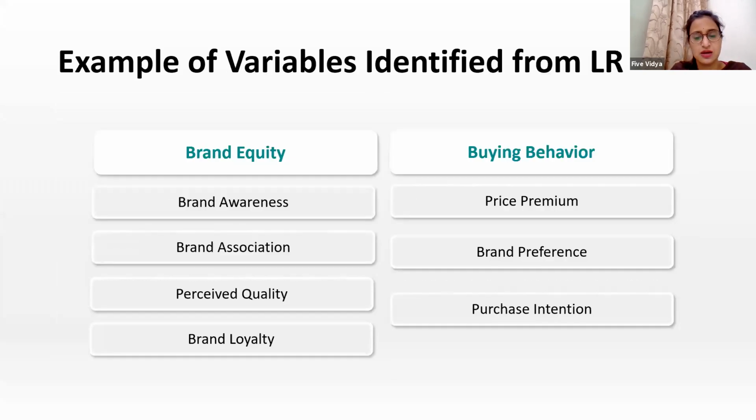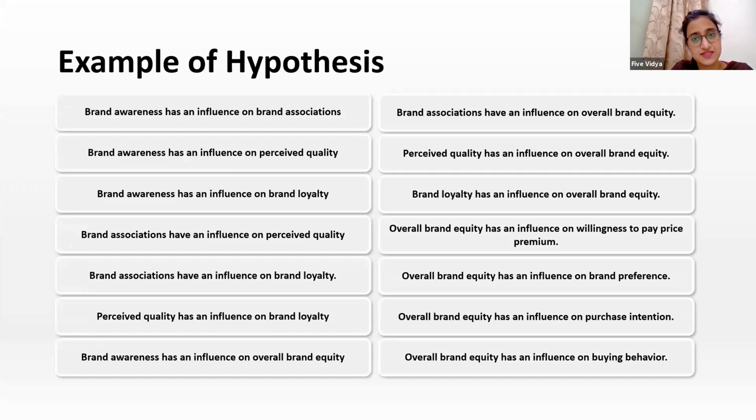Now, the next step which comes after we finalize variables from the literature review is to formulate your hypothesis, which is again a part of literature review. When you do literature review, you now have 3 or 4 things from it. One is your research gap. Next is your research objective. Next is your variables which you can identify from your literature review, and your hypothesis. And on the basis of the hypothesis, you can also have your conceptual framework. So 5 things in total you can derive from a good literature review. Now, if you see